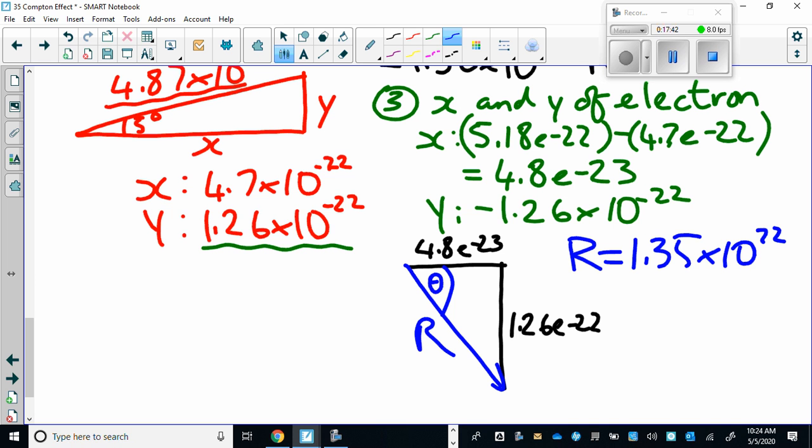But that's a momentum, and we want the velocity, so then we have to go to our momentum equation. There's your momentum. Your mass is the mass of an electron, 9.11 times 10 to the negative 31. And you end up getting a velocity of 1.48